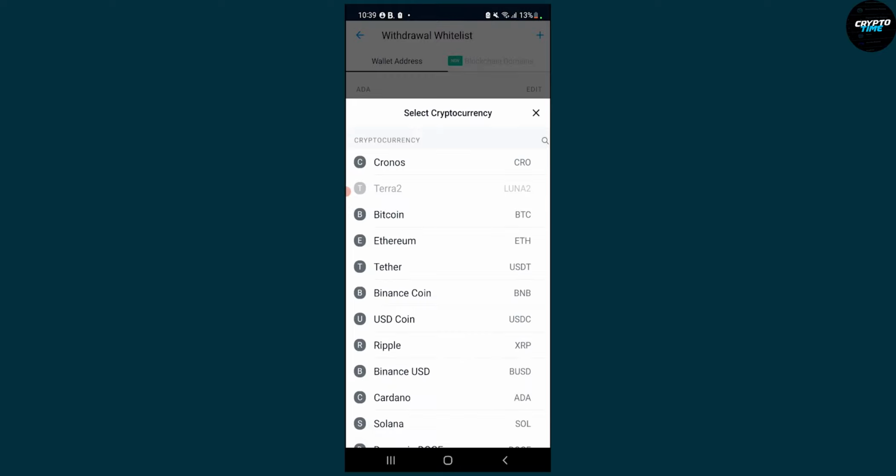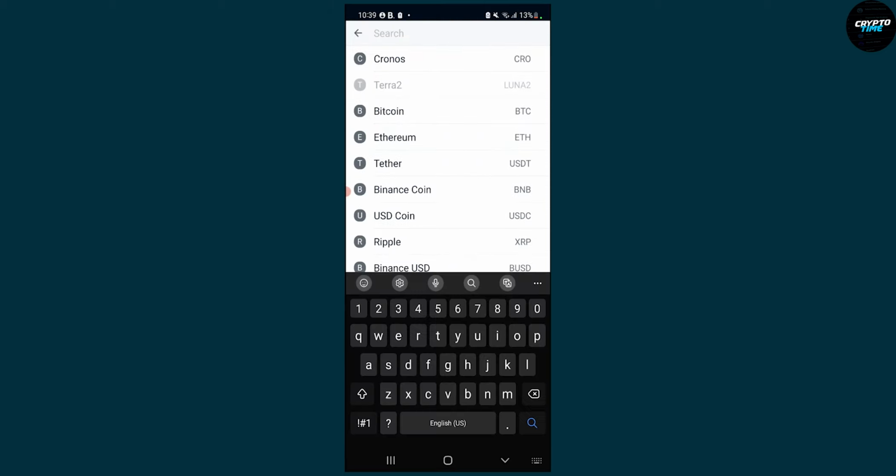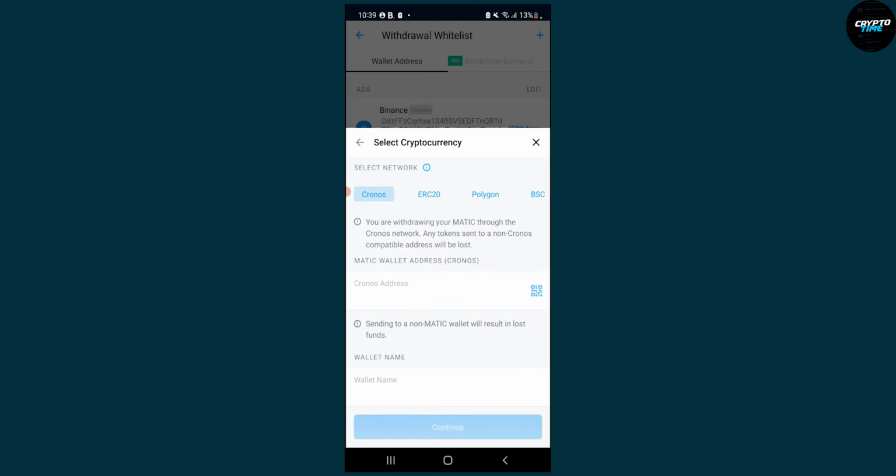Now for the example of this tutorial, we're going to be withdrawing Polygon, right? Which is going to be Matic, right? So go here to Matic, click on that, and here we can search and click on Polygon network. Now here where it says Matic wallet address Polygon, make sure to go and add Polygon mainnet network on your Metamask. Then once you added it, you can copy the address from Matic and then paste it